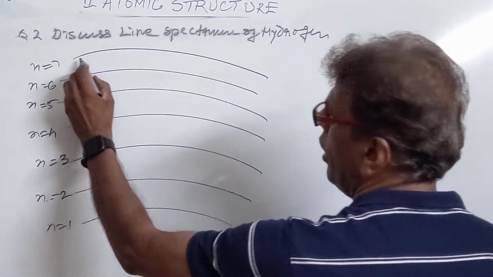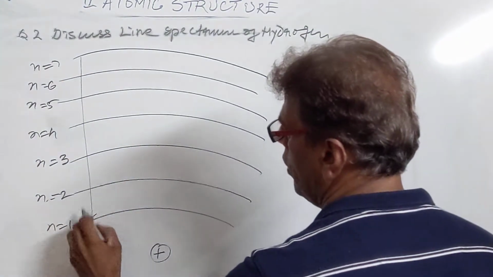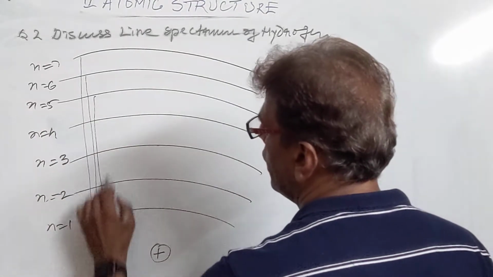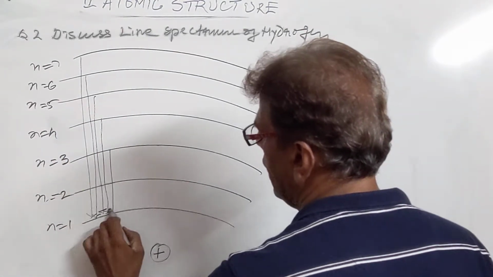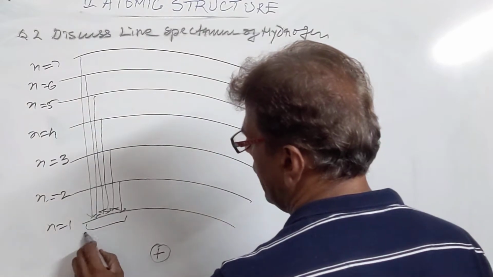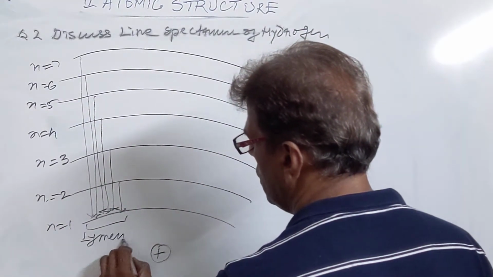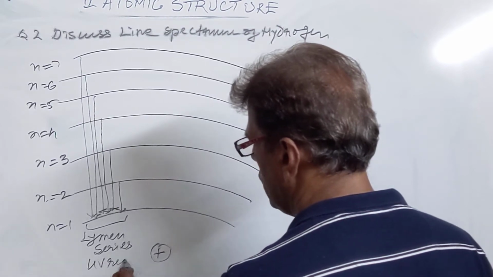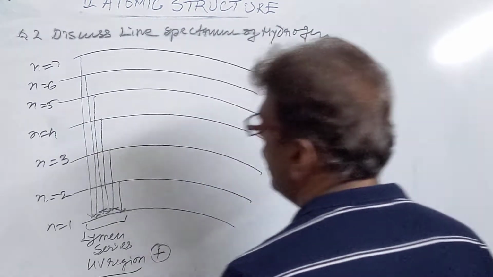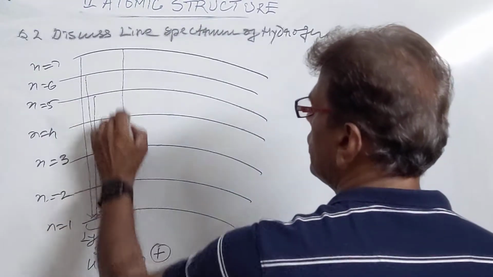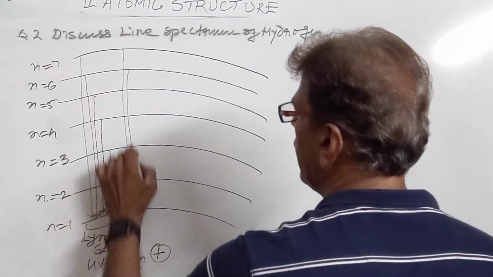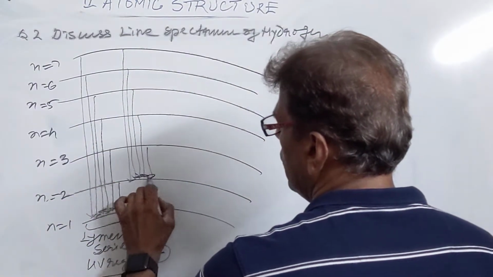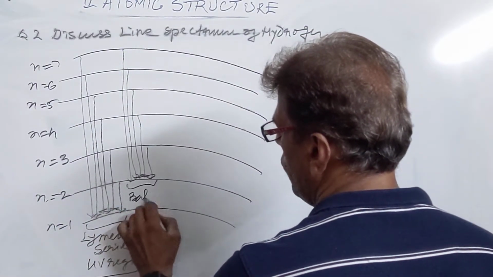When electrons from the higher levels fall to the first level, the bundle of lines so obtained will be called the Lyman series, and this will be a highly energetic series. This is called the Lyman series, and due to more energy it falls in the UV region. Then we come to the case where electrons in some of the atoms fall in the second level, then we get the Balmer series of lines.